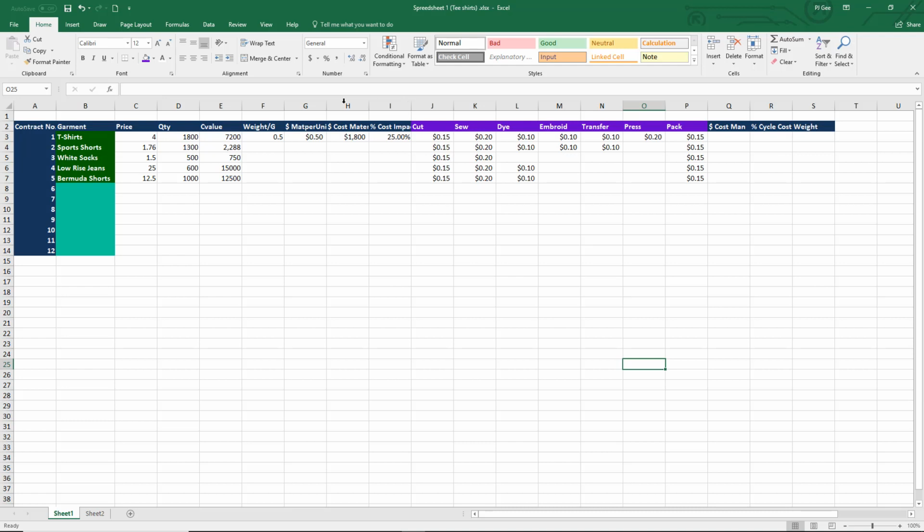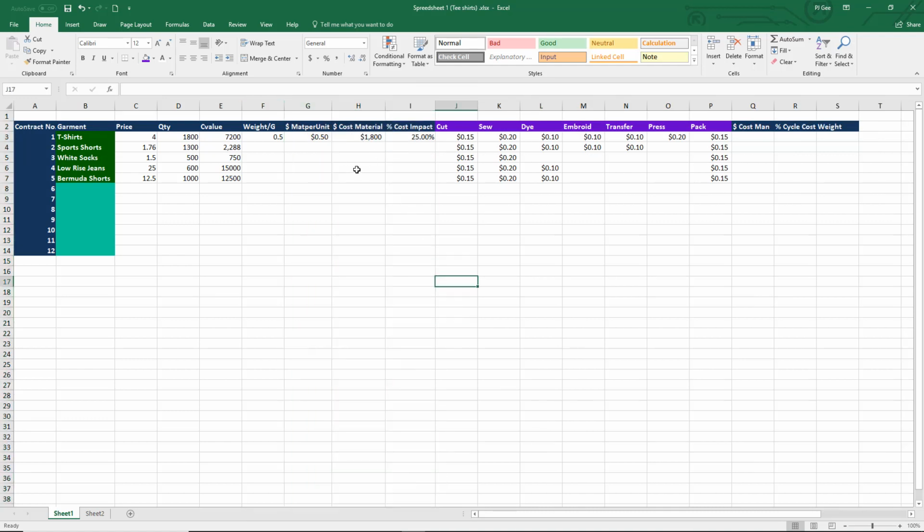Okay, so let me grab some of these columns that are not being shown completely. I just double click on that, and that gives me the space that I want. Okay, so here's the prelim information. You have the price. Okay, let's change that to dollars. Okay, so we're going to actually format this whole thing as dollars. In fact,